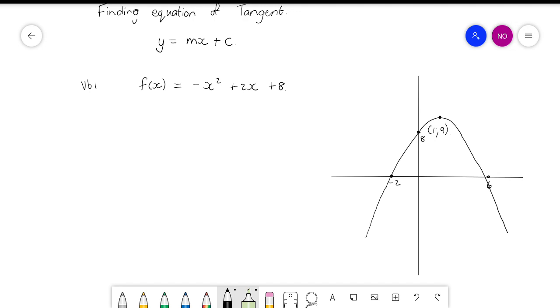You can also use the first derivative equal to 0. So you can say that the first derivative of this function